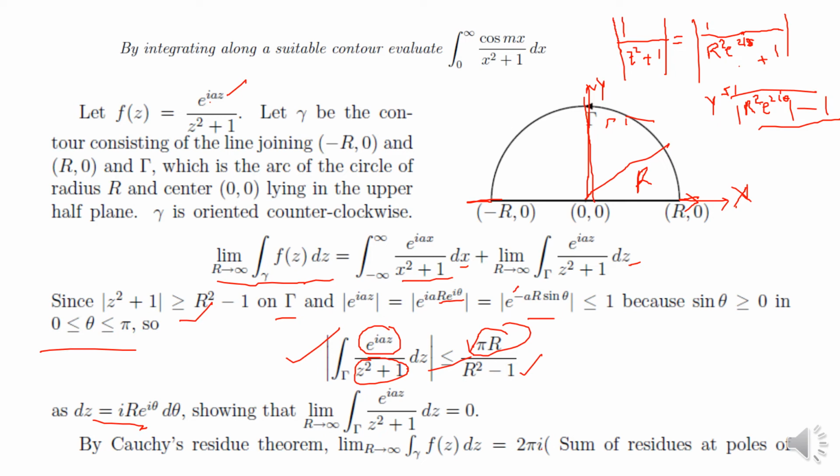Now we write dz as i r e to the power i theta. We can differentiate z and get this. So when we put in this, it becomes this. Suppose we are not thinking about this right now. We write it is equal to limit r tends to infinity integral. This whole term has come as less than or equal to pi r